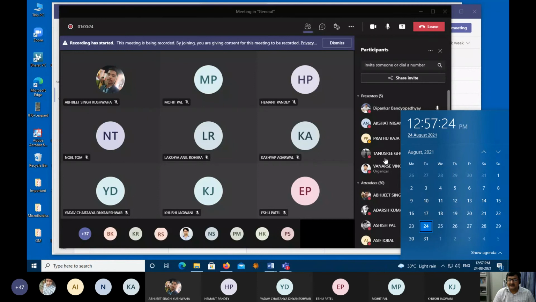So 28, 29, there will be quiz. 28 evening will start at 5, and 29th entire day will continue. The fixture will be given to you. You have to be present in those fixtures only. Everybody will have 5 to 6 minutes, and it's a viva. I'll be asking from the lectures up to 1, 2, 3, 4, 5, 6. These 6 lectures, and first 2 tutorials, tutorial 1 and tutorial 2.